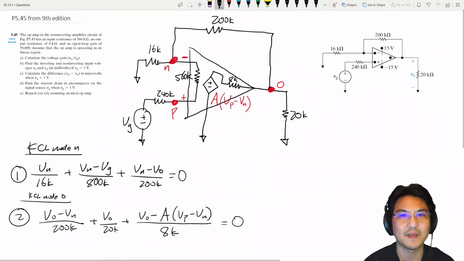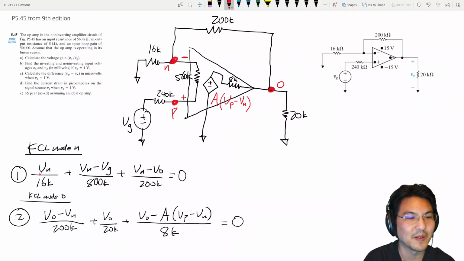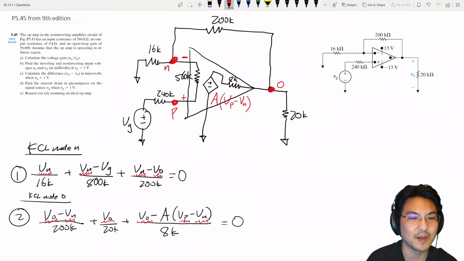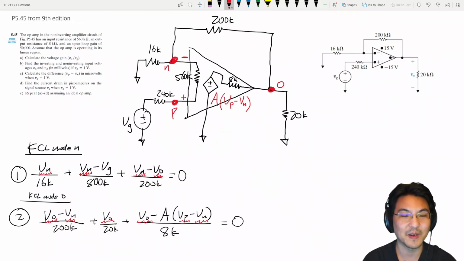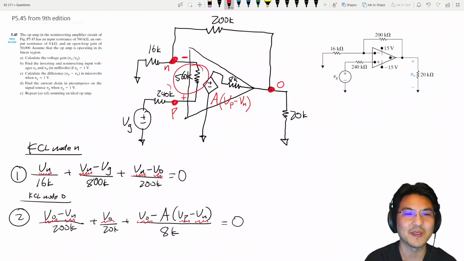Okay, so let's take a look at what we know. So we have this node voltage, this node voltage, this one, this one. Okay, so we have Vo, Vn. We have 3 unknowns, but only 2 equations. So we're going to need another equation. And already, look, we need some kind of expression for Vp, the voltage here. And notice that, see this resistor and this resistor? Maybe let me draw it vertically. So see, there's node N, and then node P,